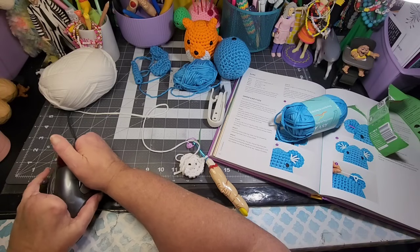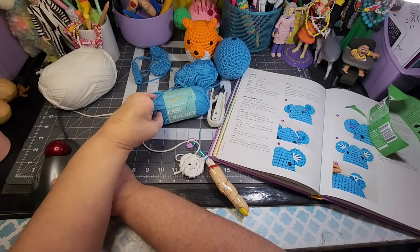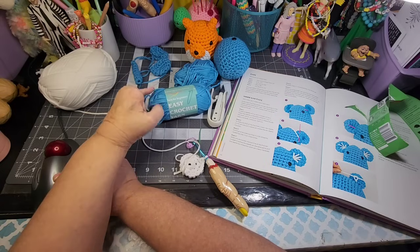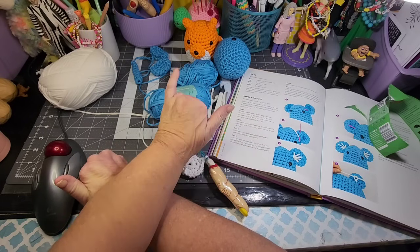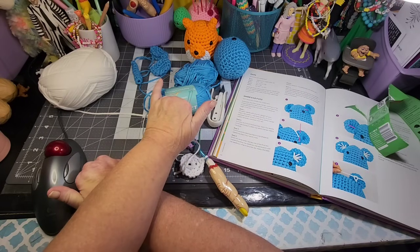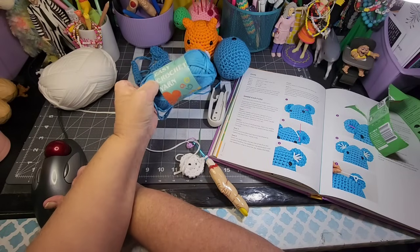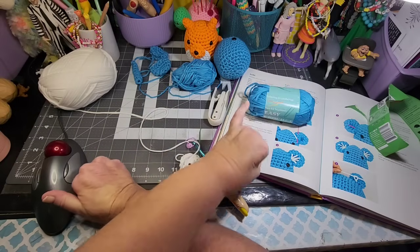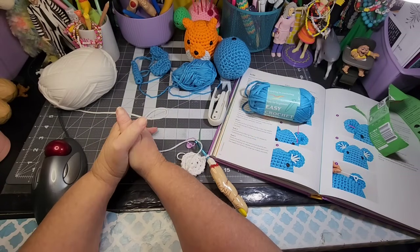But I did order some more of these from Amazon because I wanted to get some of all the colors because I want to make the little amigurumis in here. And I'm also going to make some other small amigurumis out of my other crochet books using this yarn. And one thing with my hands and my tension, I did find that this yarn is a lot easier